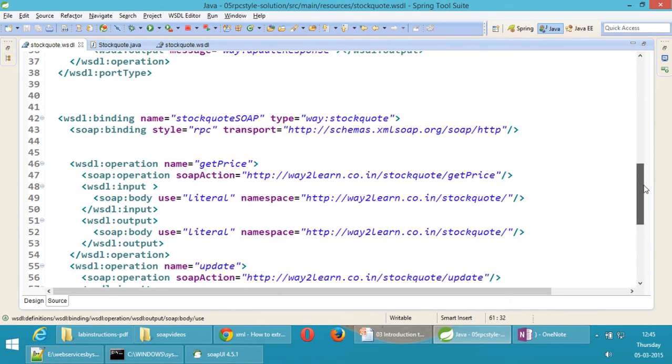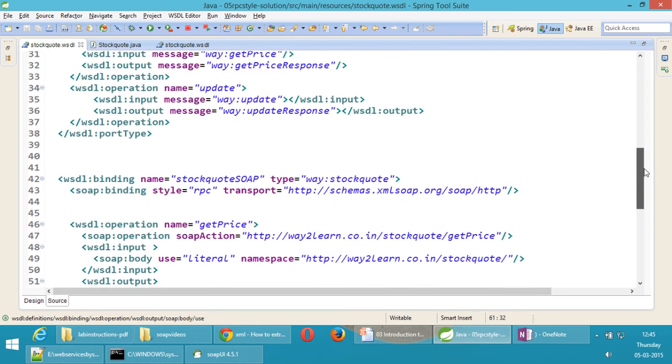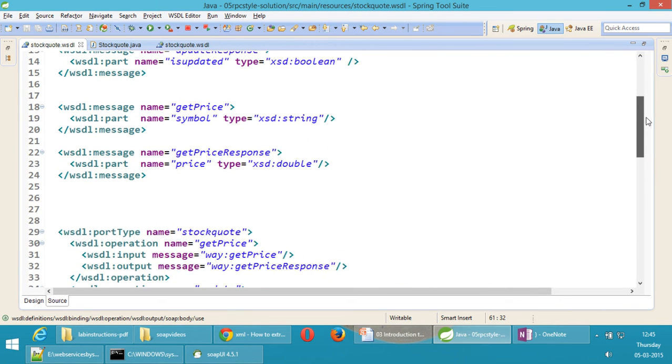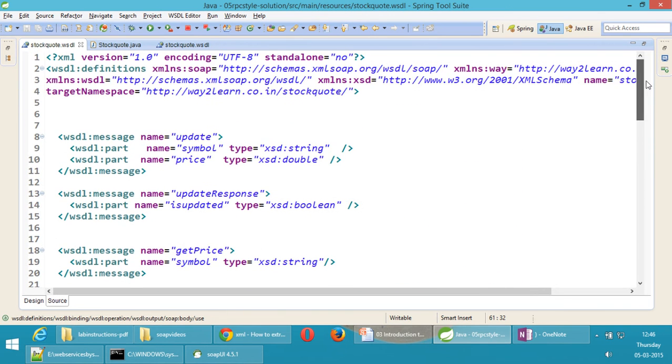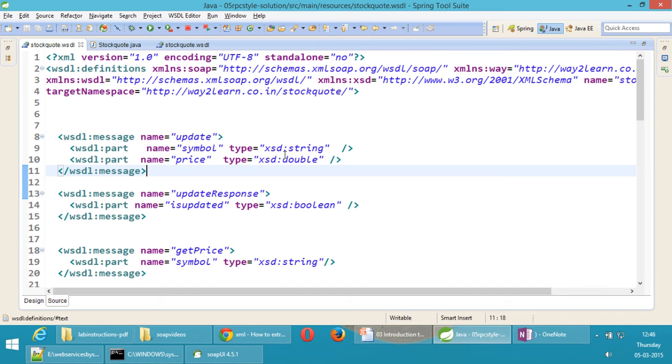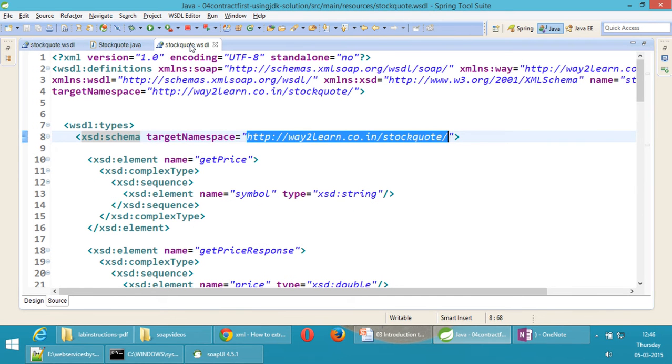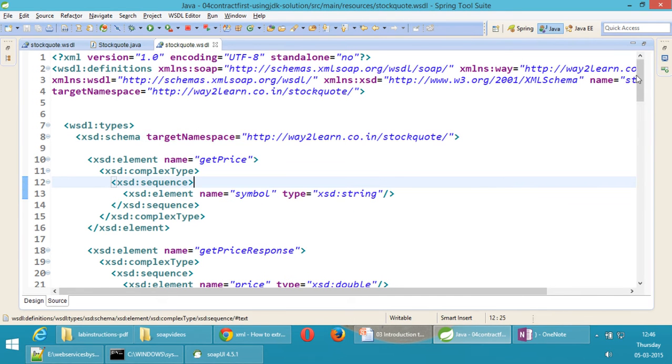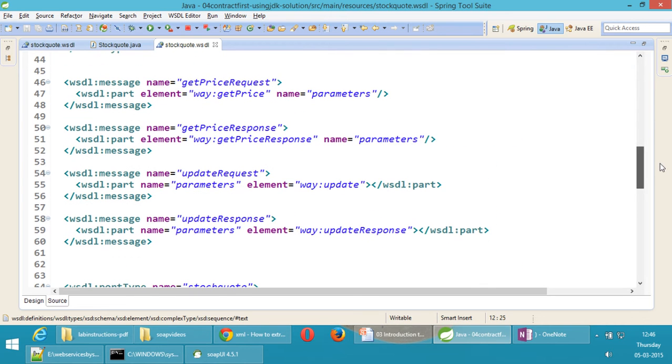Okay, that's it. So this is how I defined everything. And one more thing, for each part inside the message, we are giving type equals and specifying the part type. But whereas in document style web services, let me show you the part of the message.